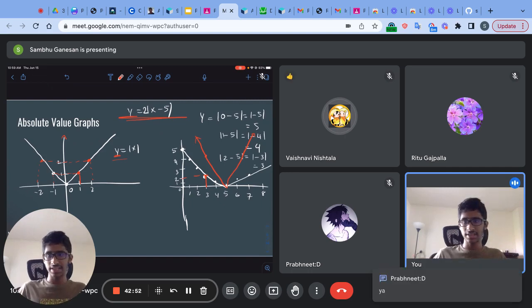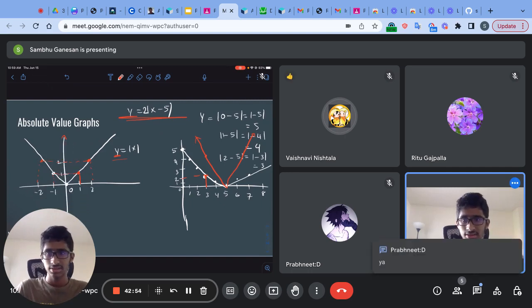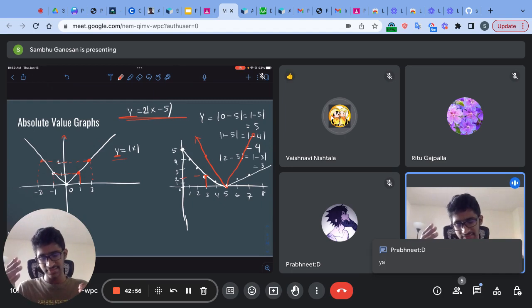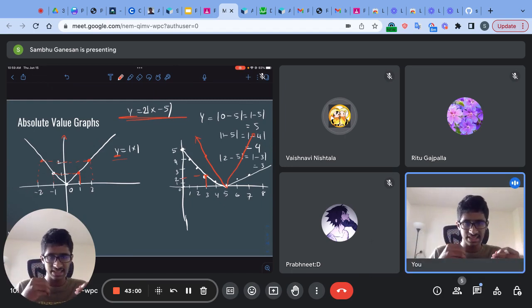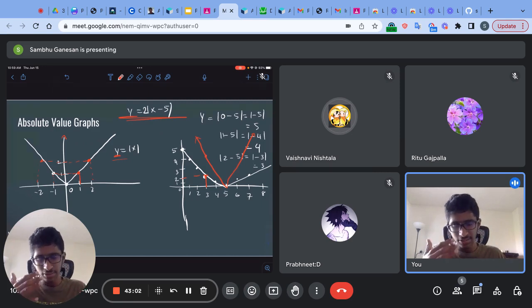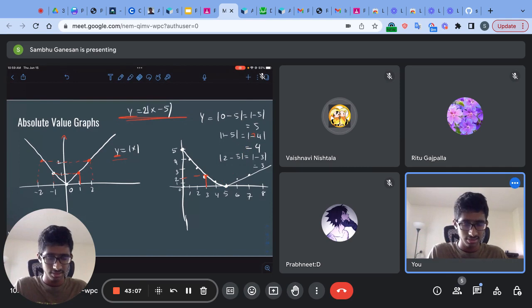That's basically how you graph absolute values. Yeah, so this is a bit of an advanced concept, but I think it's easy to understand at this level, and it can be really useful for you when you go into higher levels of competition. So yeah,